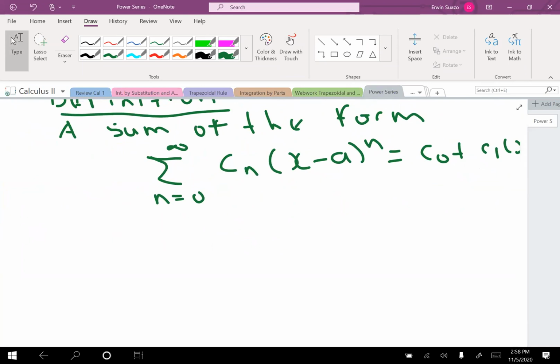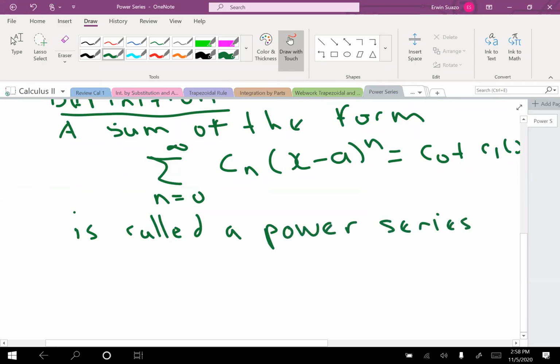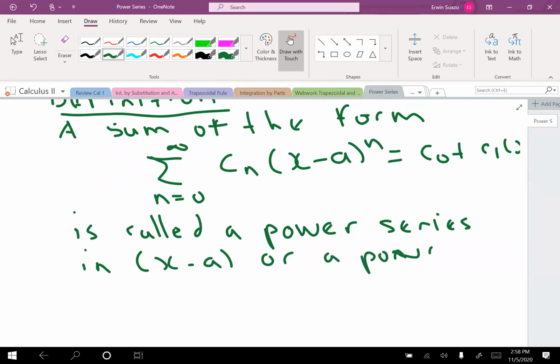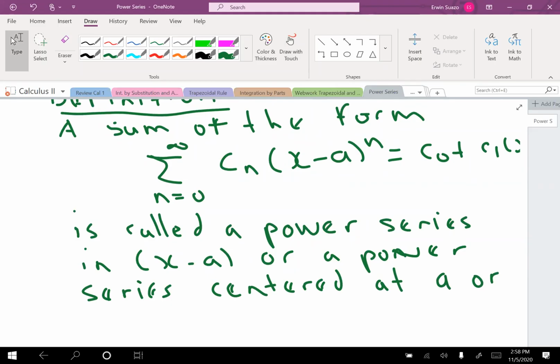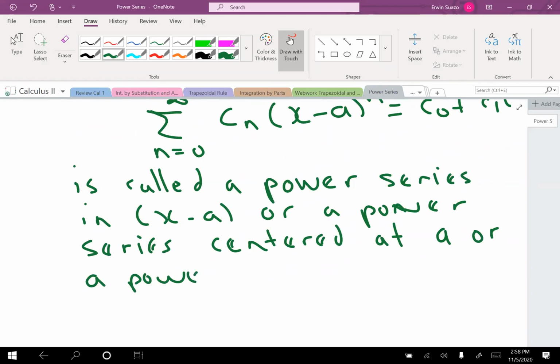A series of this form is called a power series in x minus a, or a power series centered at a, or a power series about a. Okay, so let me for the